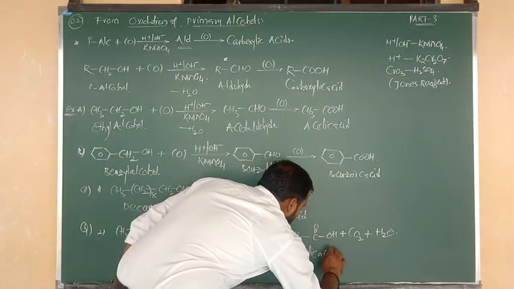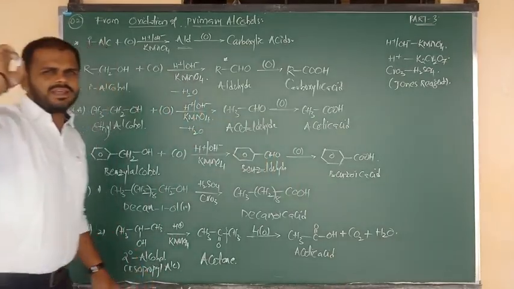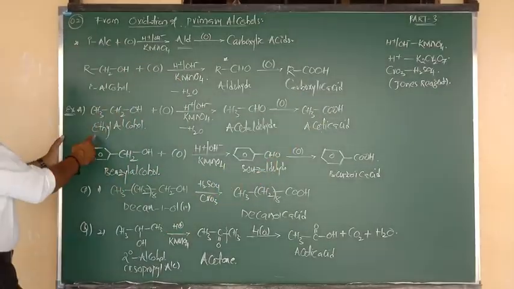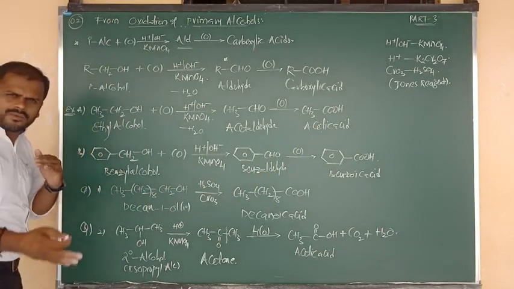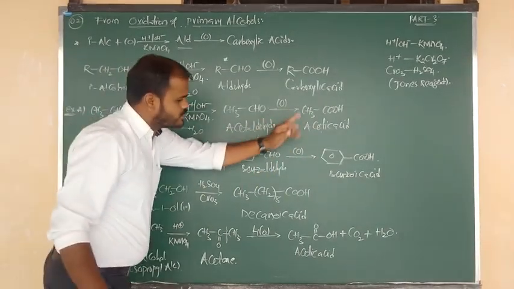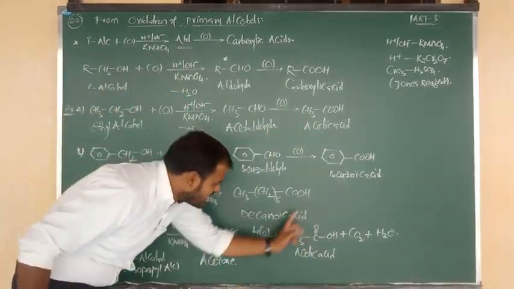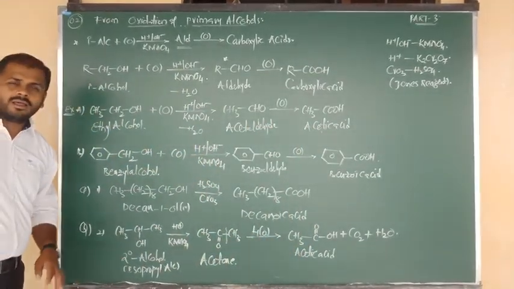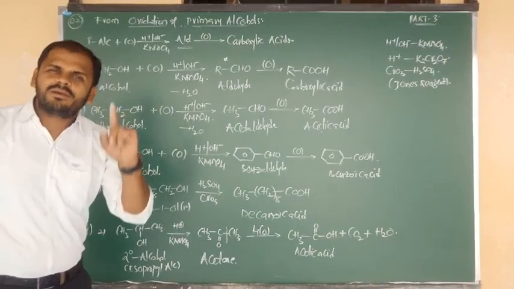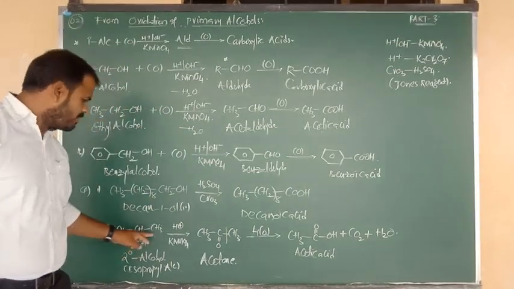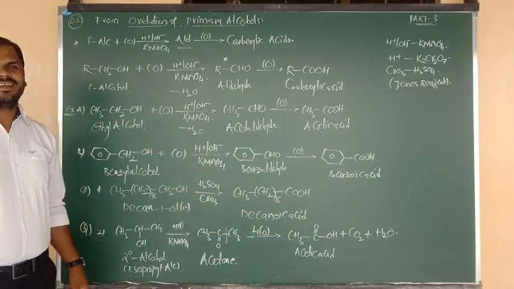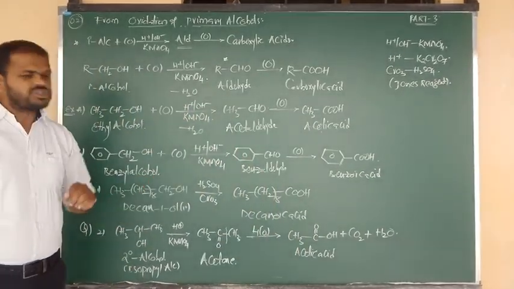What is the acid, Nana? Acetic acid. But one condition is applicable. The acids which come from a primary alcohol contain an equal number of carbons. Here 2 carbons, here 2 carbons. But the acids which come from a ketone or secondary alcohol contain fewer carbons. Here is 3 carbons, here is 3 carbons, but in the acid only 2 carbons are there. Okay? That condition should be applicable.